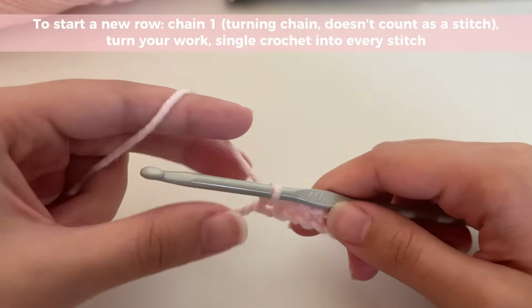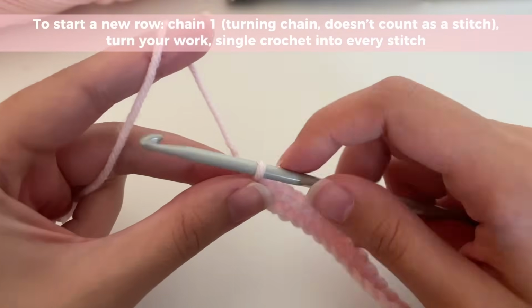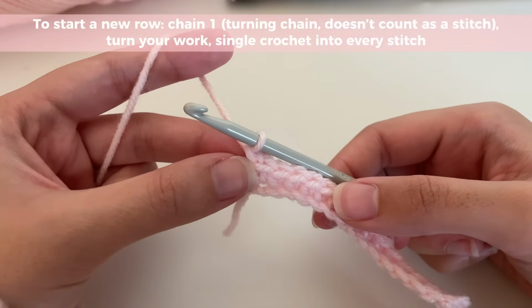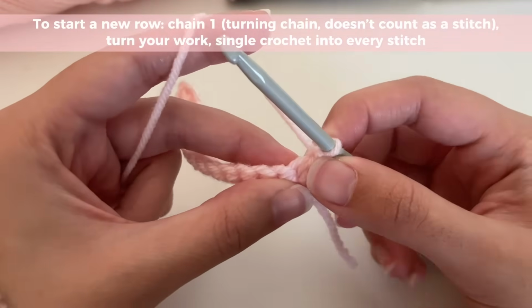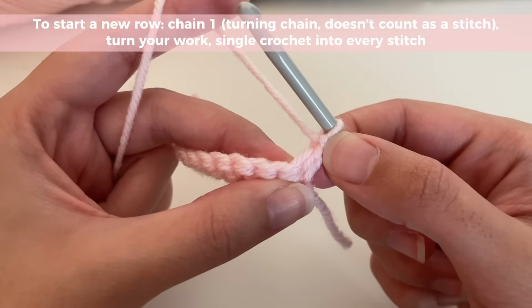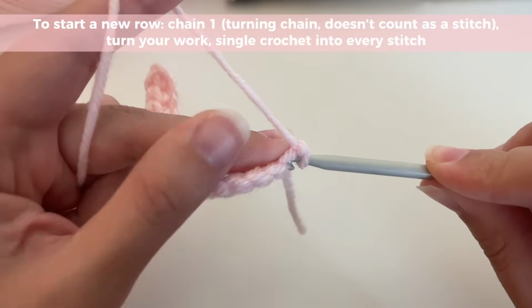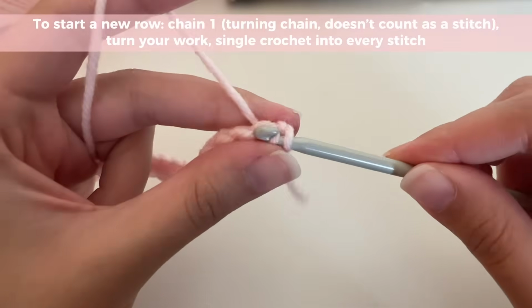Now to start a new row, these are the steps that you're going to do every single time you want to start a new row. You're going to chain one, and this chain one is just your turning chain. It doesn't count as a stitch. Then you're going to turn your work and insert your hook into the first single crochet of the row. So that's your chain one, and this is the very first single crochet of your row. You're going to insert your hook into it like that, and then you're going to insert another single crochet